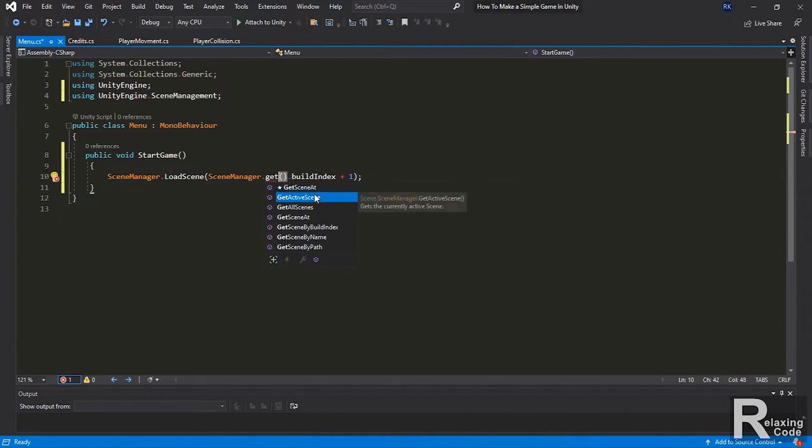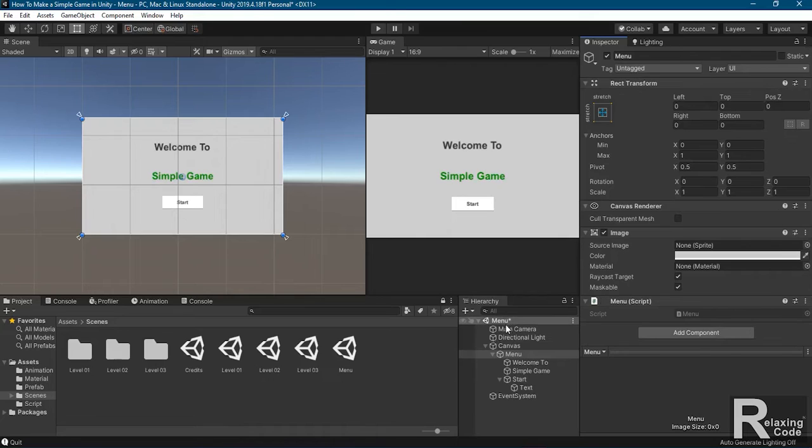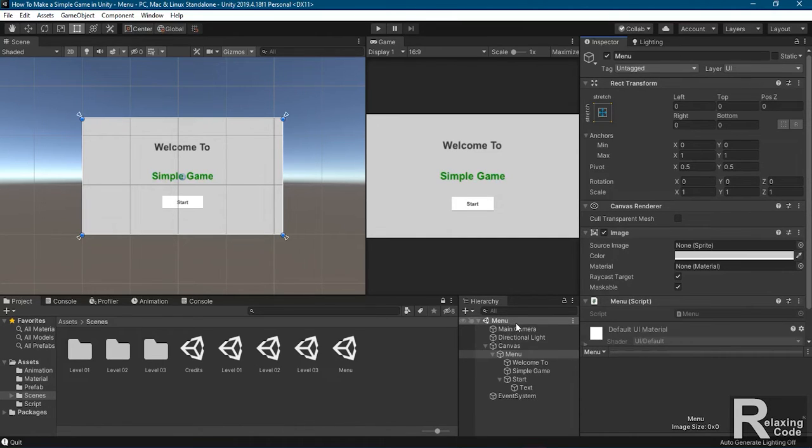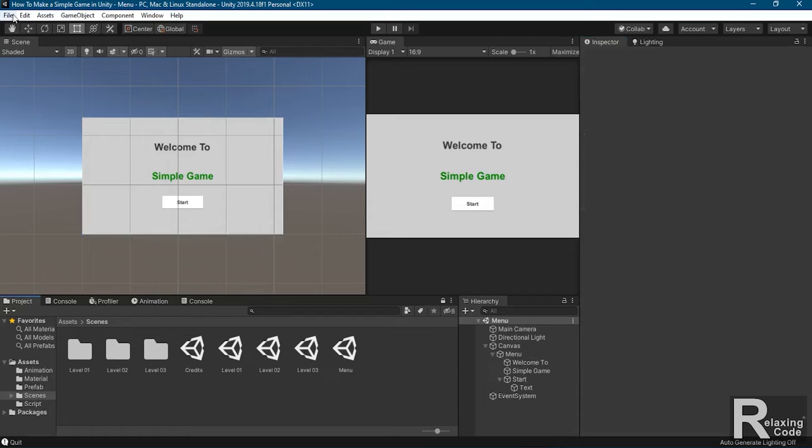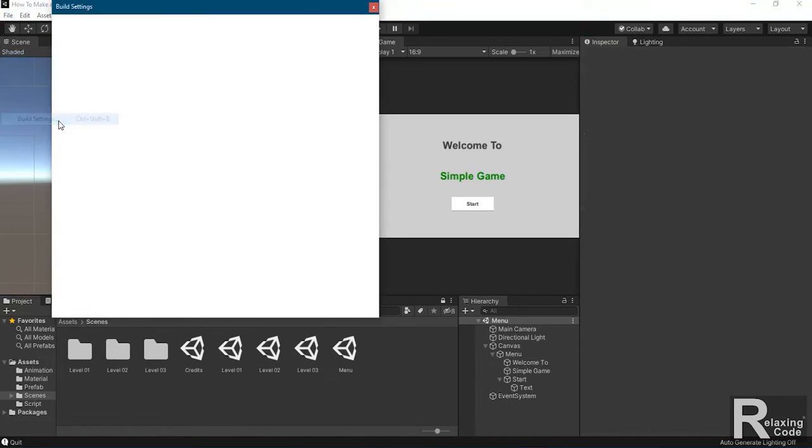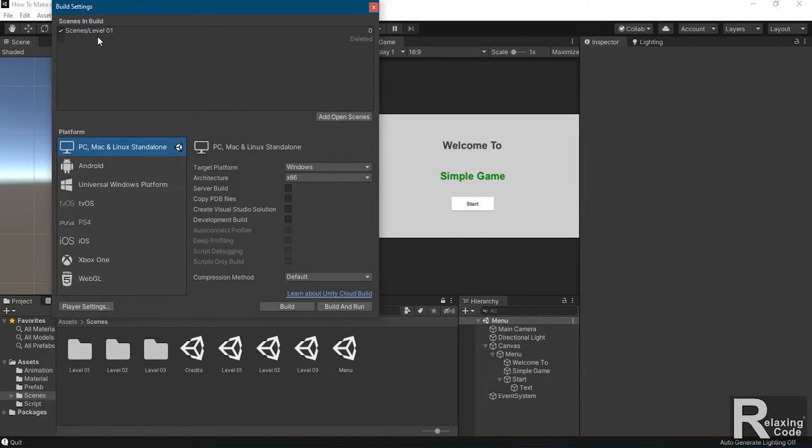Save this, go back to Unity, and don't forget to save your scene. And we have to add our scenes to our build index. So right now, as you can see, we add the menu scene, make it the first one, then we add level 2 and 3, and at the end our credit scene. So when you see all of them lined up and the numbers are in the correct order,